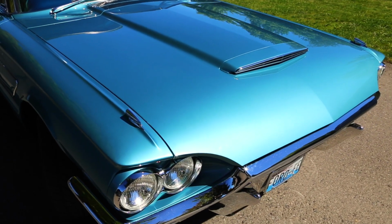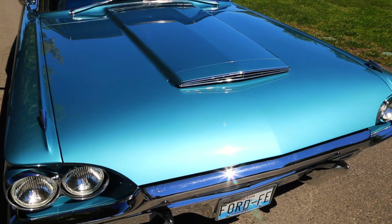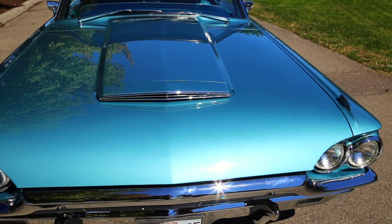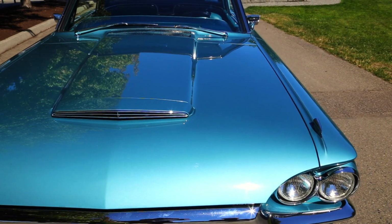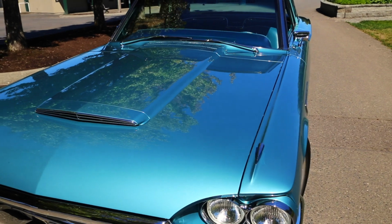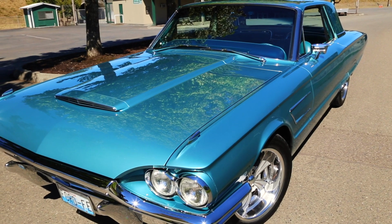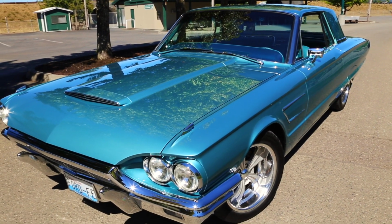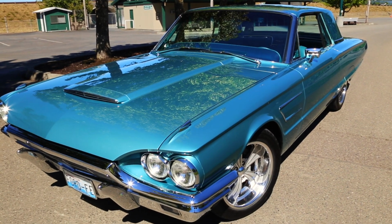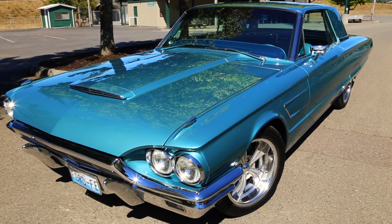The engine's been equipped with a tri-power, it's got better ignition, it's got custom ceramic coated headers, and those are a long tube setup. It has a 2.5-inch mandrel bent exhaust with an X pipe. Just very, very nice. Normally when you drive a Thunderbird, the 390s are torquey. They were 300 horse and 427 foot-pounds of torque, but it was a heavy car. That 428 moves this thing around effortlessly. Again, it's got the tri-power on it, which is definitely going to help out with that torque. Excellent motor. The transmission's been upgraded with a Gear Vendors overdrive,